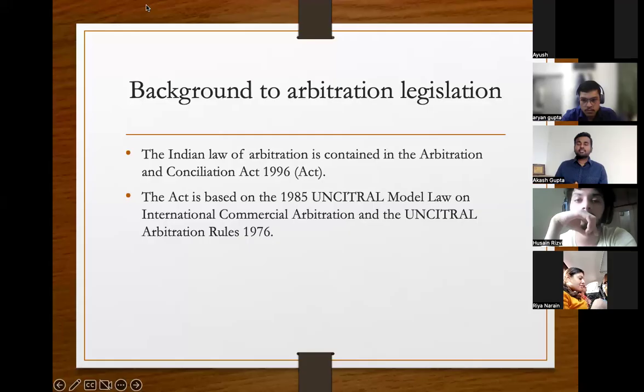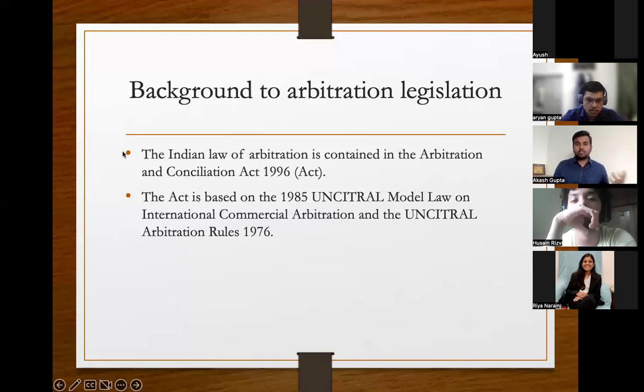So what India has done, India has adopted this 1985 UNCITRAL Model Law. So if you look at the UNCITRAL Model Law and the 1996 Act, you'll find a lot of similarity because India has adopted it. It's not only Indian law, which has been drafted after adopting UNCITRAL Model Law. Singapore, Hong Kong, Malaysia, all of these countries have actually adopted the UNCITRAL Model Law 1985. So basically, the Indian law was drafted after adopting this, so it's more or less pretty much similar.